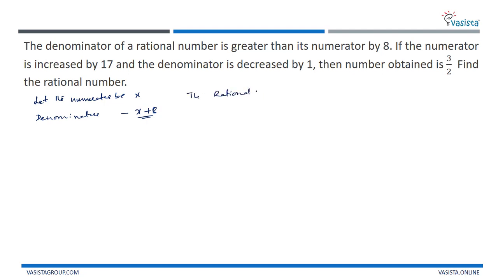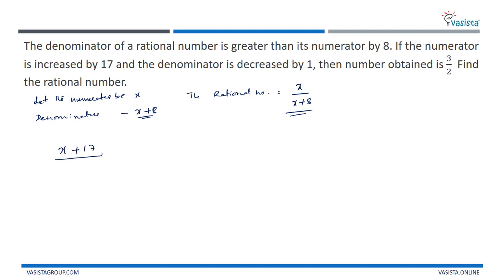The rational number is equal to x by x plus 8. Correct. Now, according to the given condition, if the numerator is increased by 17, that is x is increased by